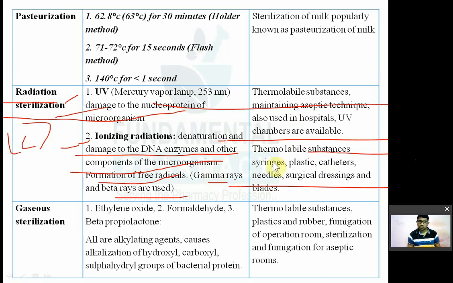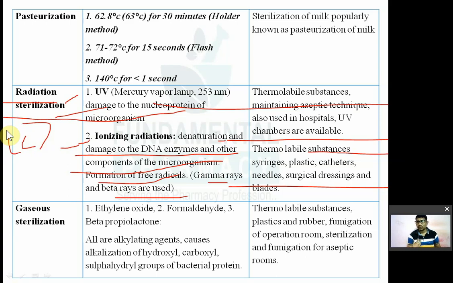So if you want to sterilize thermolabile substances, thermolabile मतलब क्या है? Those substances or utensils which are heat sensitive. तो अगर आप रबर को स्टरलाइज करने जाओगे ड्राई हीट में तो रबर क्या होगा? पिघलेगा और खराब हो जाएगा. अगर रबर को आप ऑटोक्लेव में स्टरलाइज करने जाओगे तो वहां पे वो पिघलेगा, ठीक है. बट रबर में कुछ एडिटिव्स वगैरह करके जरा हार्ड रबर है तो नहीं पिघलेगा. And that's why most of the rubber products or plastic products like syringes, catheters, needles, surgical dressings are sterilized by this radiation sterilization method, because radiation sterilization